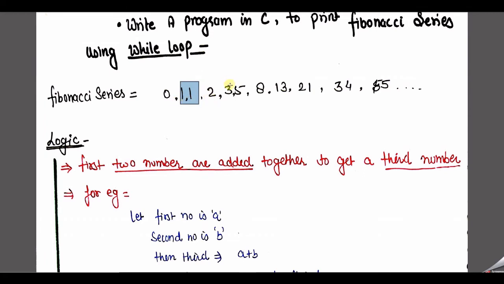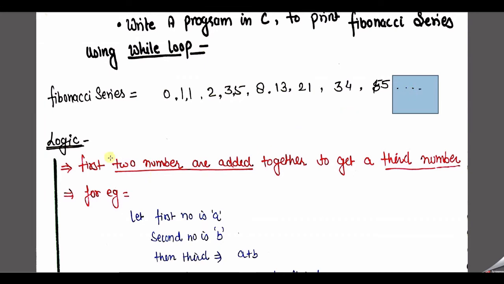To generate the next number, we perform the same task with the addition of the last two numbers. Adding 1 and 2, we get 3. Similarly, adding 2 and 3, we get 5. Again 3 plus 5 is equal to 8, 5 plus 8 is equal to 13, 8 plus 13 is equal to 21, and so on. So there is no limitation, because we can keep adding the last two previous values to generate a new value.